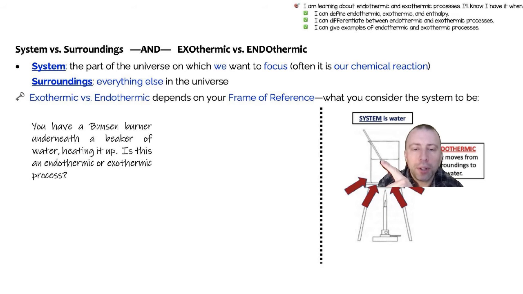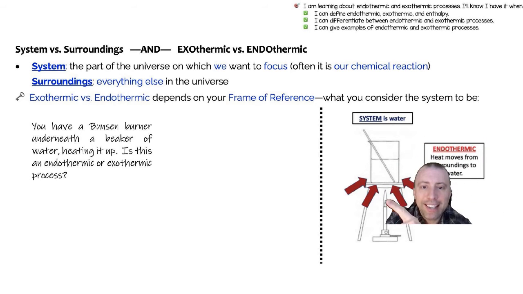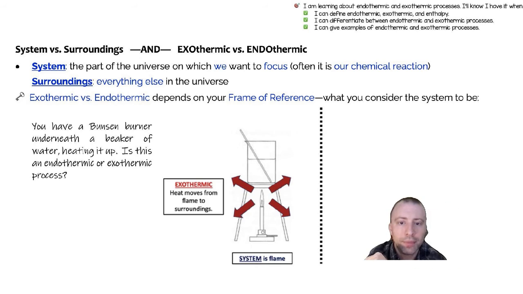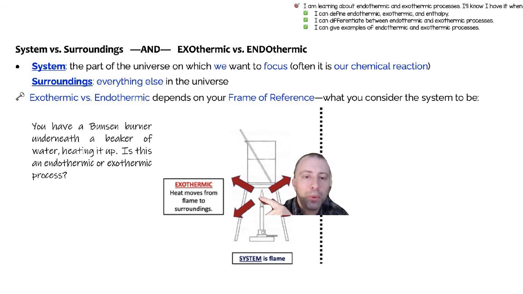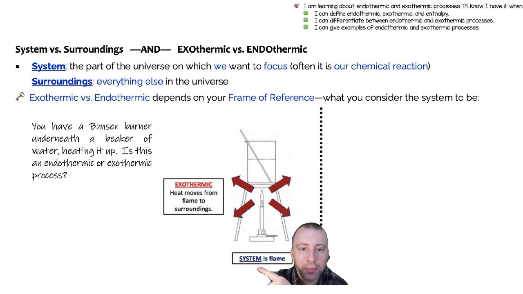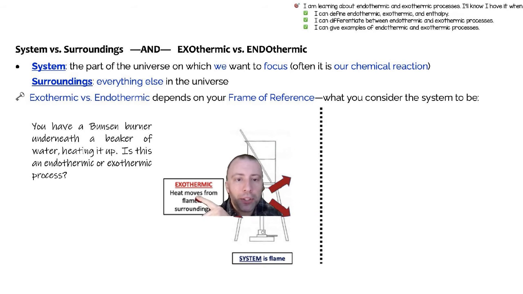And so here, imagine that the system is water. And if the system's water, it's taking in energy. Heat energy is being transferred from the flame to the water. So heat is going into the water, and that would be endothermic, okay? On the other hand, if we were studying the flame, then we would be talking about the flame giving off heat and going everywhere, including heating up the water. And so if you think about the system being the flame, then the surroundings is everything else, including the beaker of water. And so we would say that this is an exothermic process because heat is moving from the flame